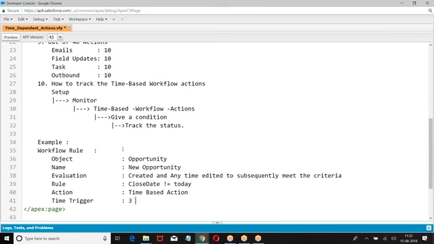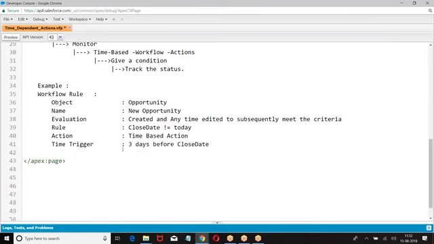What is the time trigger? 3 days before. Then action, task.